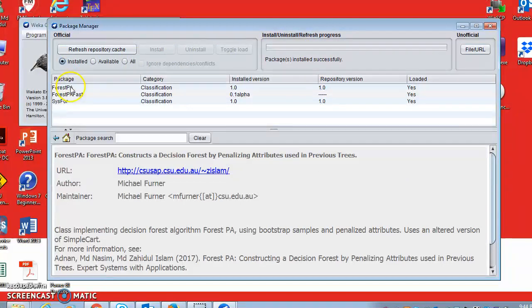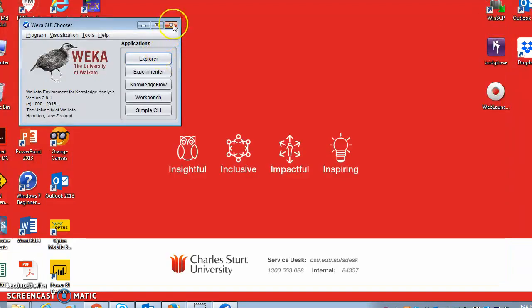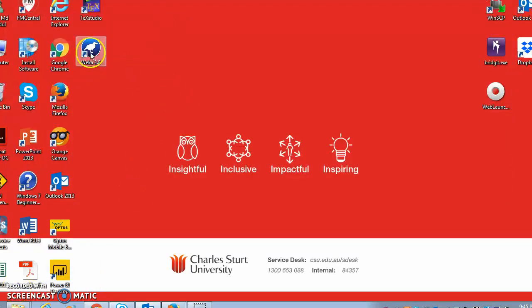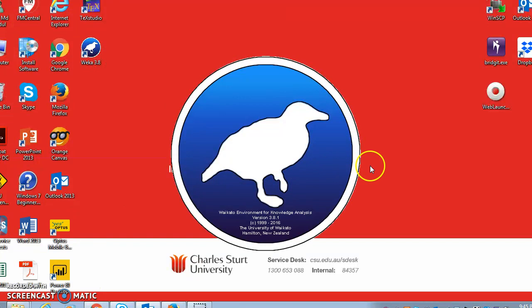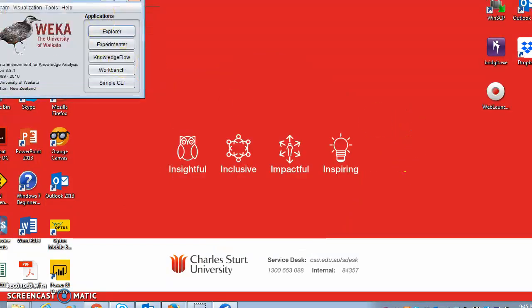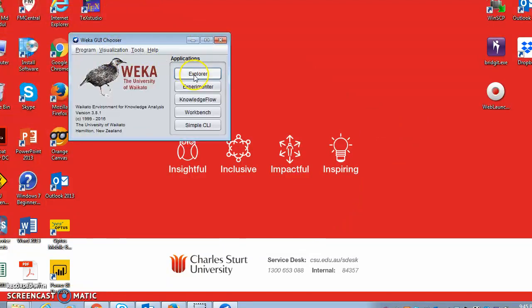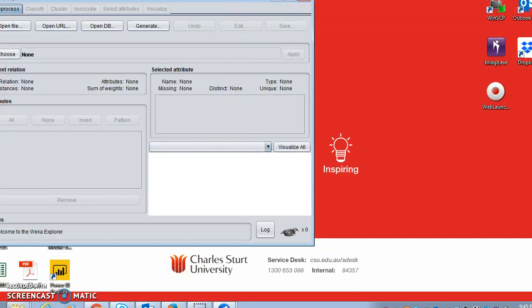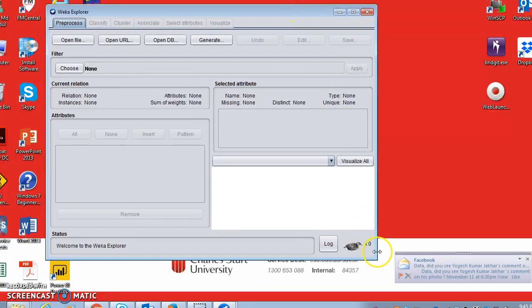Once this installation is done, you will see that ForestPA is there, SysFor is there. So you need to restart Weka again. I'm restarting Weka again after the installations. It's coming up. Now we need to go to the Weka Explorer. Now you are ready to use your Weka software on